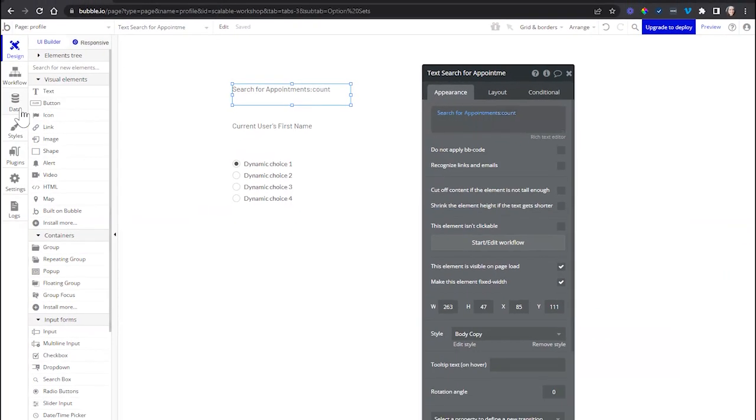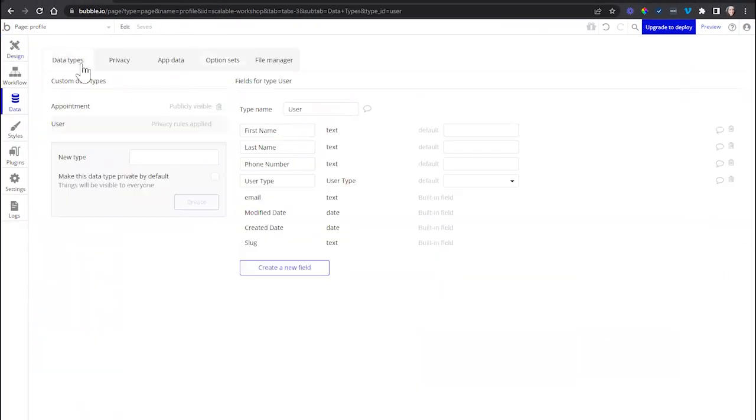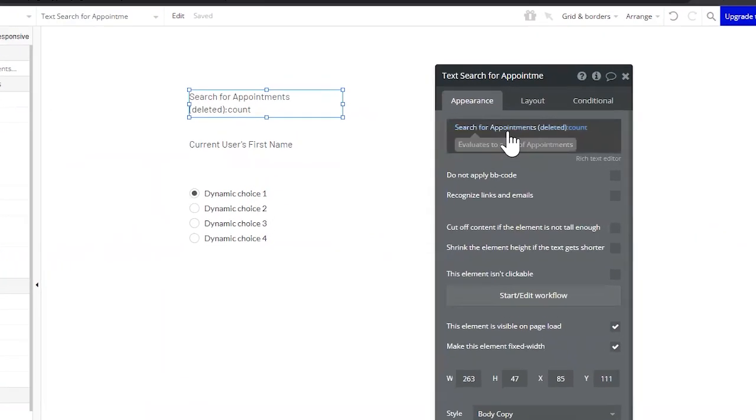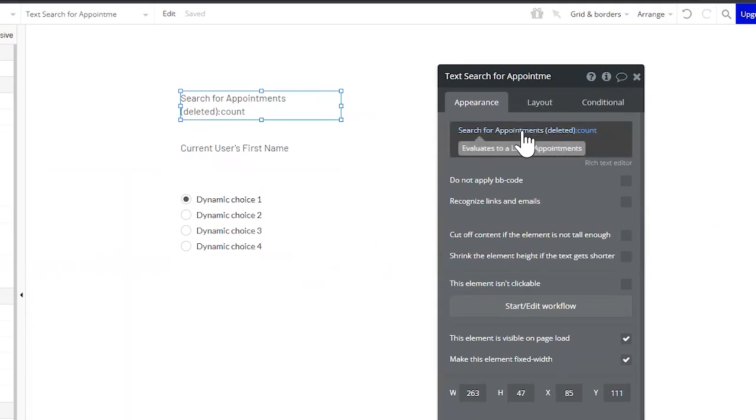Now, if I go to my data structure and over to the data types tab and fully delete that type, okay, so I'm going to hit the trash can icon and go back to my design, take a look at how Bubble is now representing the appointments data type. It's going to say deleted in parentheses here. Notice how the issue checker in my app did not flag this. I would not know otherwise. If I'm not checking for these things, I would not know that I have a reference to something that's been